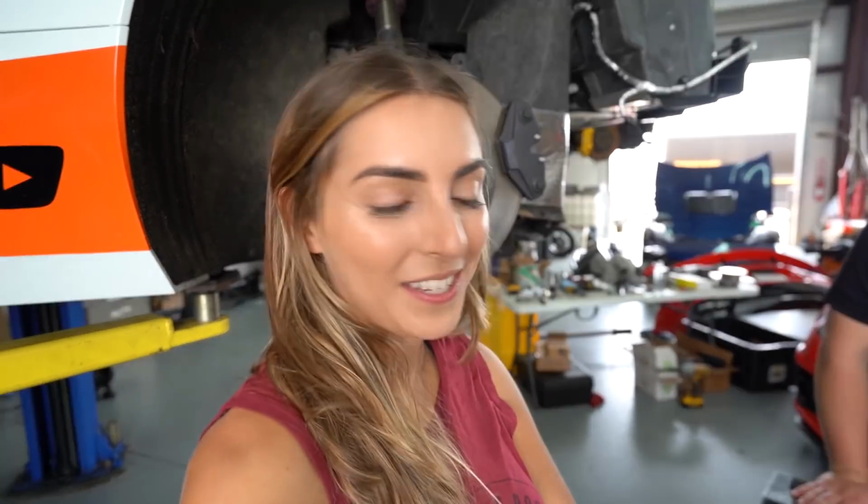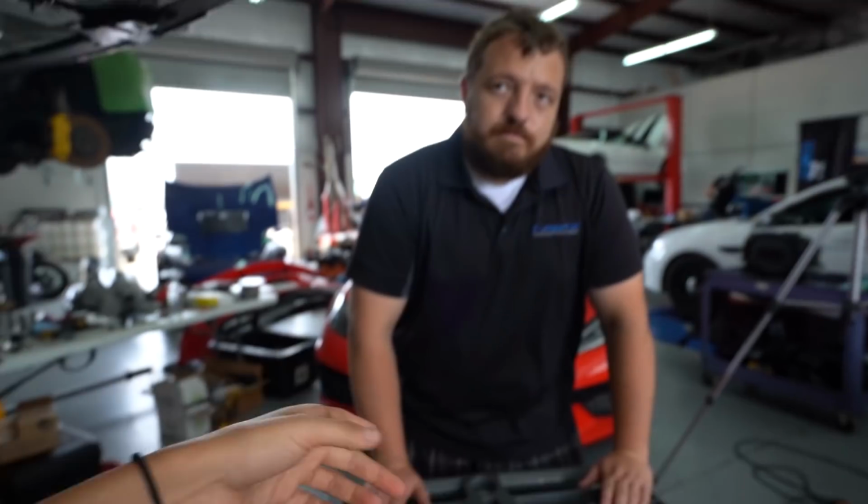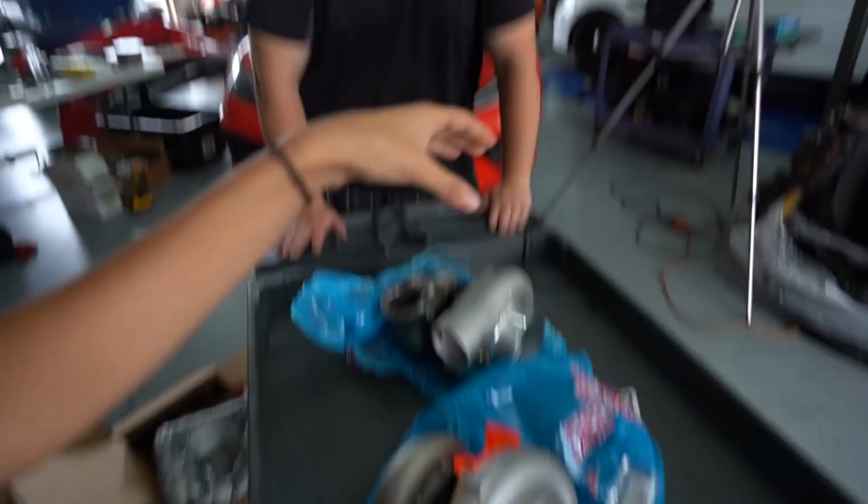Glad to show these to you guys, but I think the first thing to do is to start getting them mounted. One of the cool things about the kit is that it's not actually mounted just by the exhaust. There's actually a bracket for the turbos. Oh, absolutely. I think we have 3 different rods coming off the turbos, so we shouldn't have any issues with deflection or anything moving around. The turbos are going to be very stout. They're going to be very good in their place, and that's kind of how